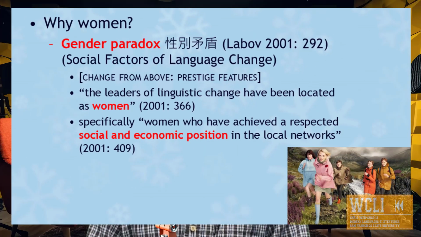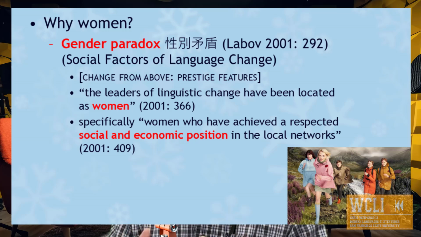And this can be explained using Labov's gender paradox. In his book on the social factors of language change, social linguist William Labov explains that the leaders of linguistic change have always been women. And more specifically, the women who lead this change are women who have achieved a respected social and economic position in the local networks. So then, are Chinese American women women who have achieved a respected social and economic position